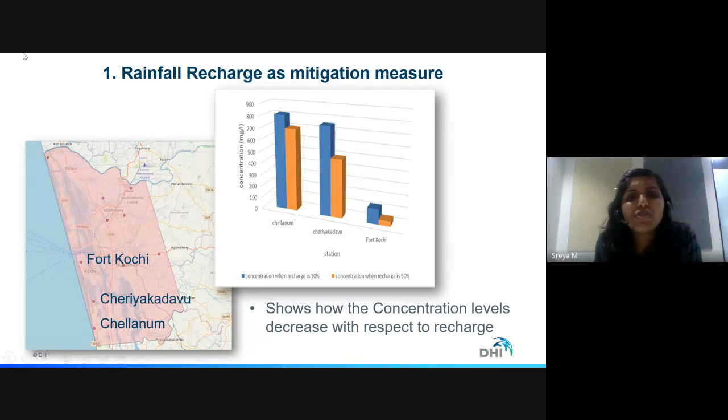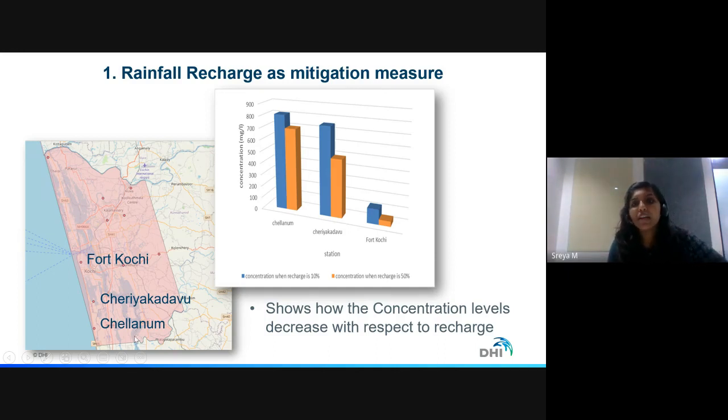To understand what possible mitigation measures could reduce this intrusion effect, we looked at these three wells, Fort Cochin, Kadava and Shellanam, which were showing some fluctuation. In Fort Cochin there was not much intrusion, but in Kadava and Shellanam the intrusion